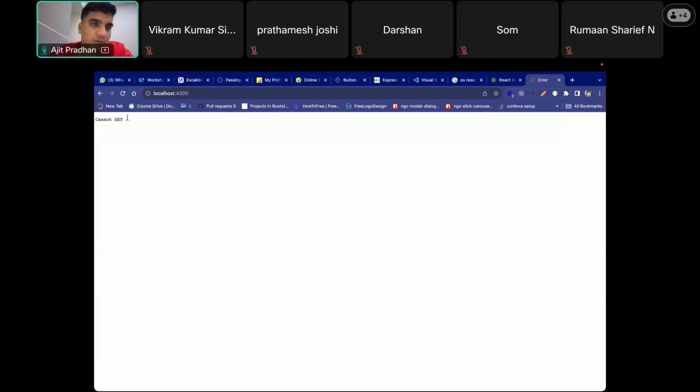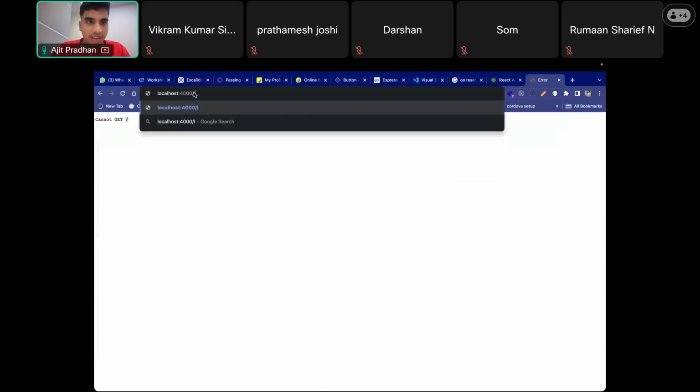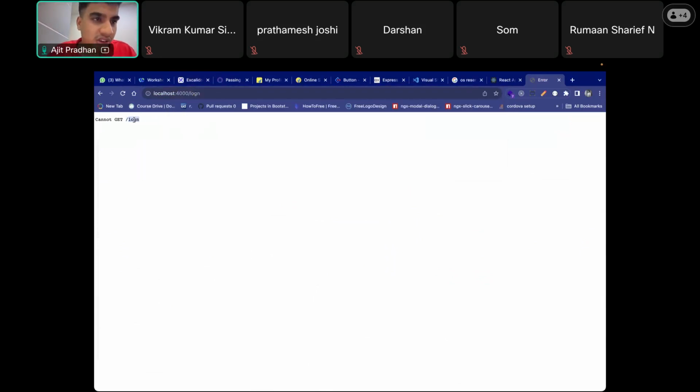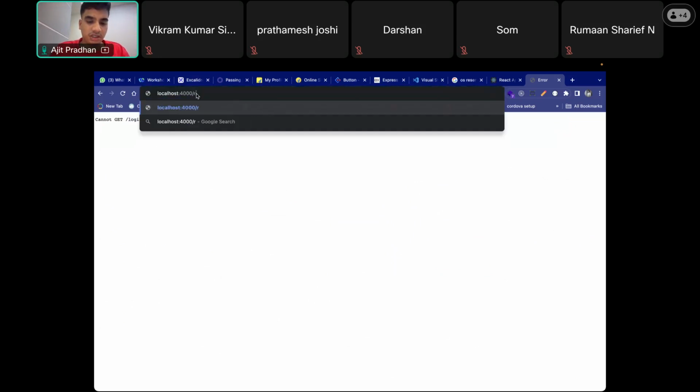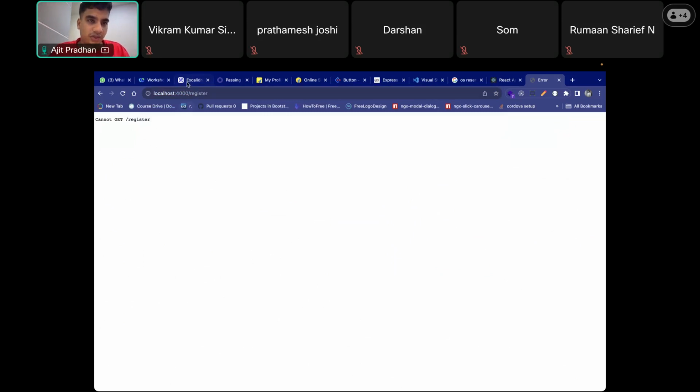This is the path. Let's suppose when I write login, you can see cannot get login. There is no controller defined in the server that will handle the login or the register. It cannot do anything, correct? And whenever we give the empty path, this means the base path. This is the base URL, and the base URL is pointing to this slash. Okay,